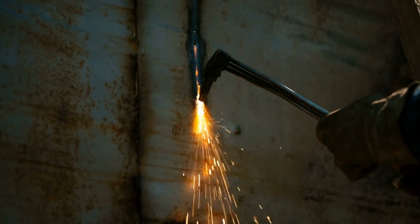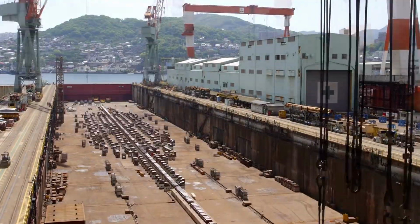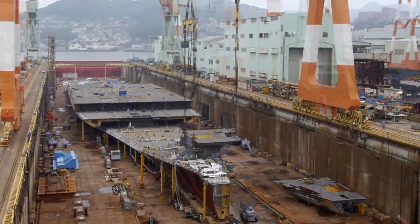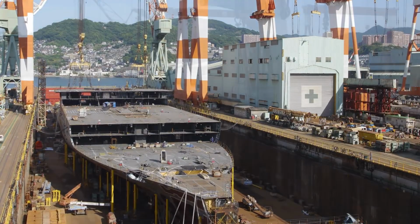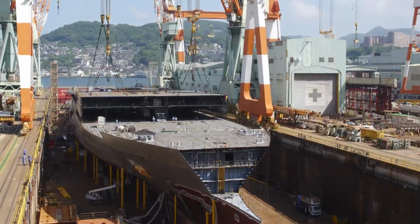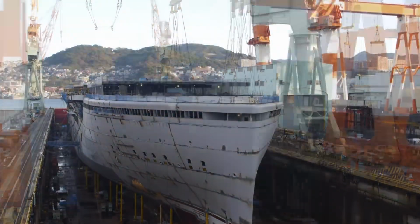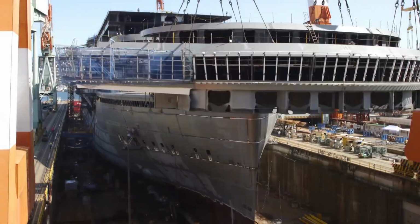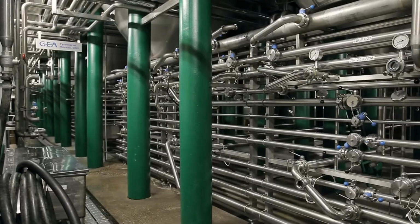The backbone. The steel cutting ceremony is followed by months of intense fabrication. Thousands of steel sheets are cut, shaped, and welded into smaller sections, which will later form the ship's hull and superstructure. These sections are transported to the shipyard's dry dock, where they are assembled like pieces of a giant jigsaw puzzle. Engineers meticulously align and weld these sections to ensure structural integrity. The keel, the ship's backbone, is laid during a traditional keel-laying ceremony, often accompanied by the placement of a coin for good luck. As the lower hull takes shape, workers install essential systems such as fuel tanks, engines, and plumbing,